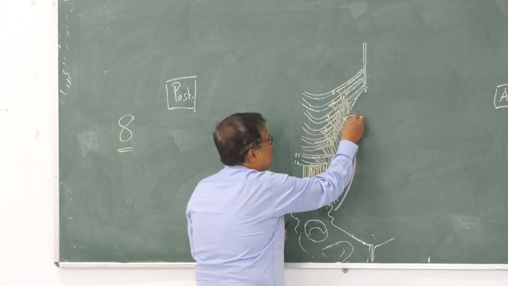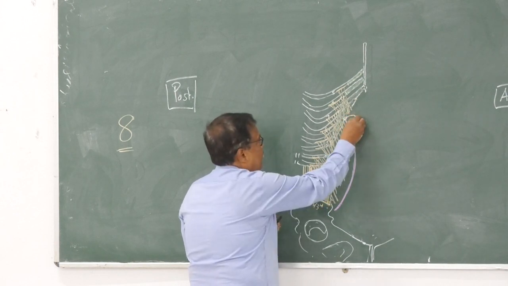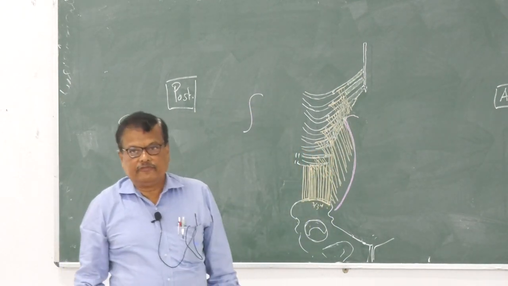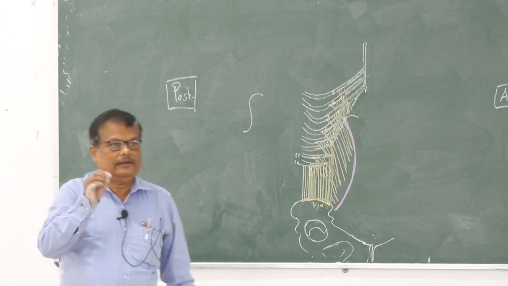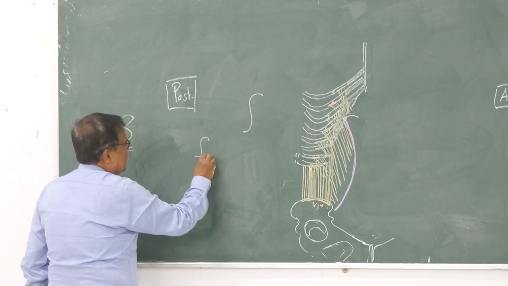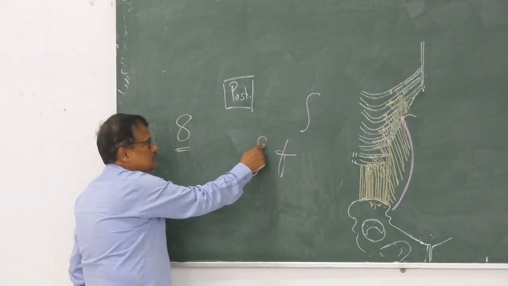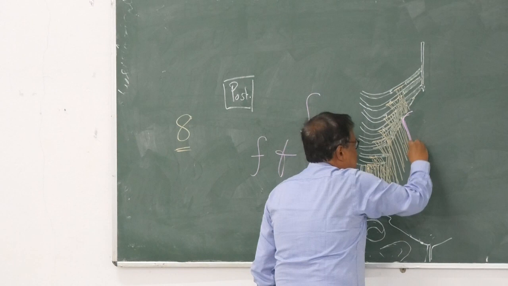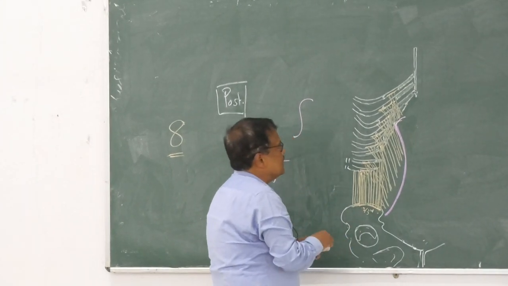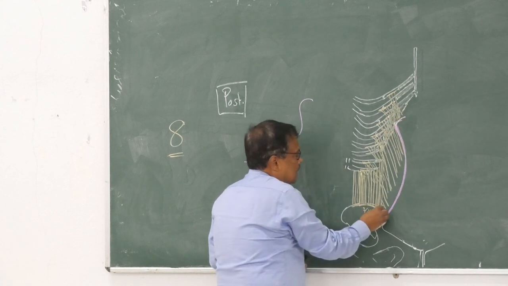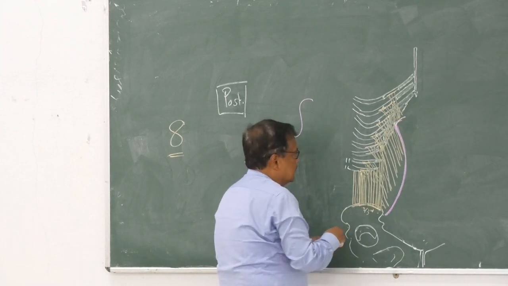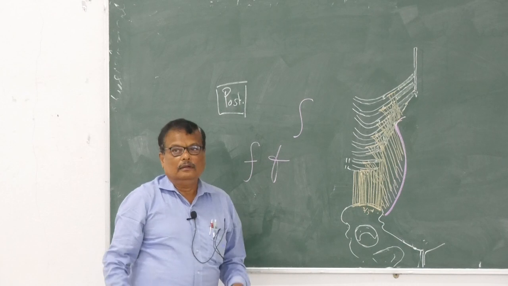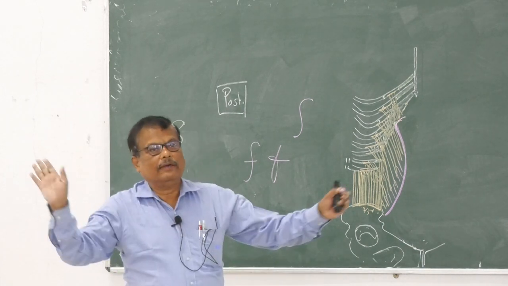Like an italicized F. What do we call this? Italicized F, right? In English, F can be written in this way, the italicized F, or in this way. This is known as the italicized F. So this muscle ends in an italicized F pattern, extending from the tip of the ninth costal cartilage up to just anterior to the iliac spine. Up to here is muscle. Then it becomes aponeurotic, muscle fiber absent.